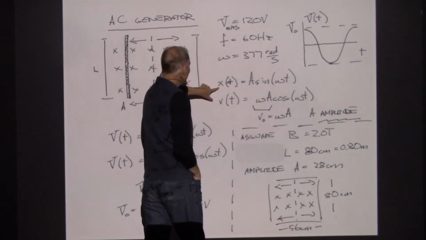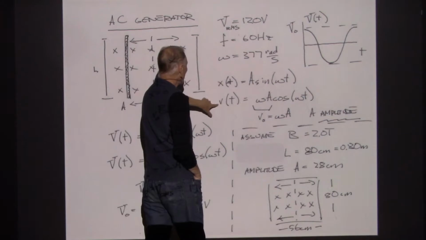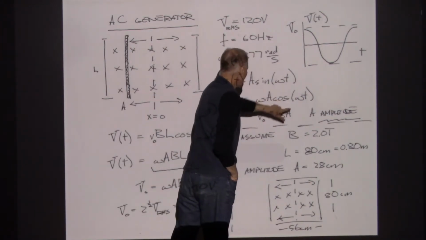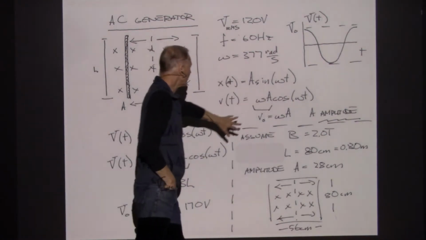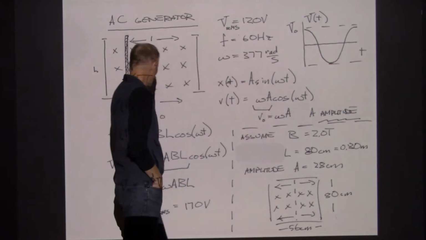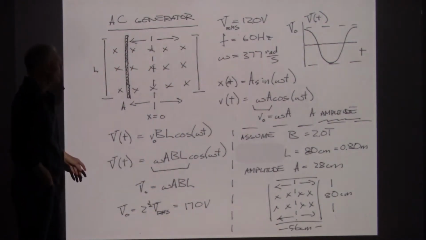And then if that's the case with the displacement, then the voltages are going to be given by omega A times the cosine of omega t. And the V naught here is going to be given by omega times A. So let's see,